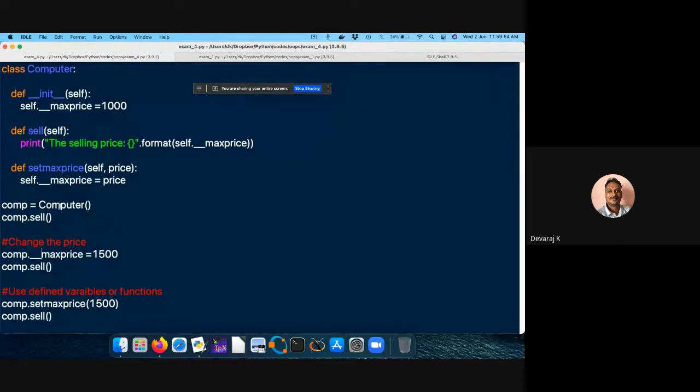So this particular code is something you might have seen, where that particular data should be displayed only to maybe the seller, and he has the only access to that particular thing, and only he can change it, and no one else can change it actually. If that is the condition, we try to do this encapsulation.